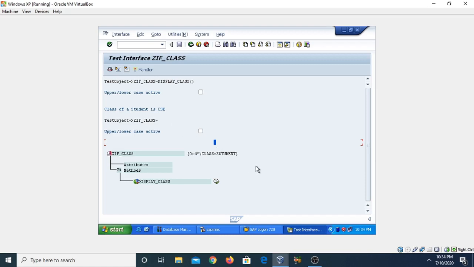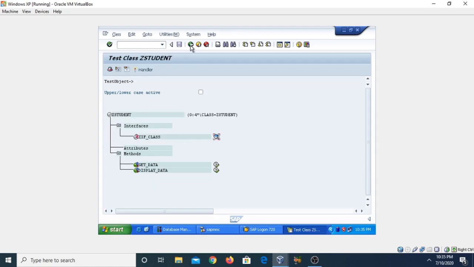So by this way you can call the method. And in case of local interfaces, I have already told you how we can call the interface method. First of all, we need to create the object of a class and then component access operator, then the name of the interface which the class is going to implement, and then component access operator and then method name. So you can see that this is test object name, and then access operator, and then interface name, and this is your display_class method of this interface. So by this way you can call the interface method.